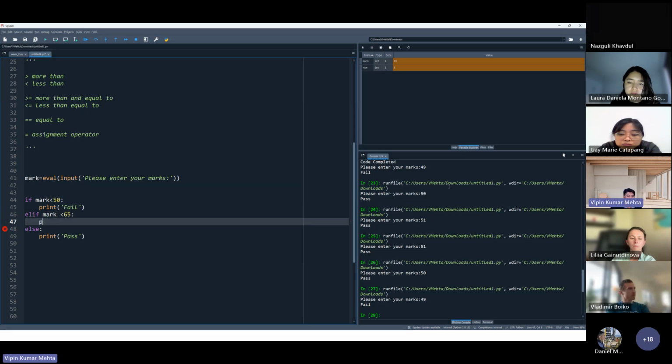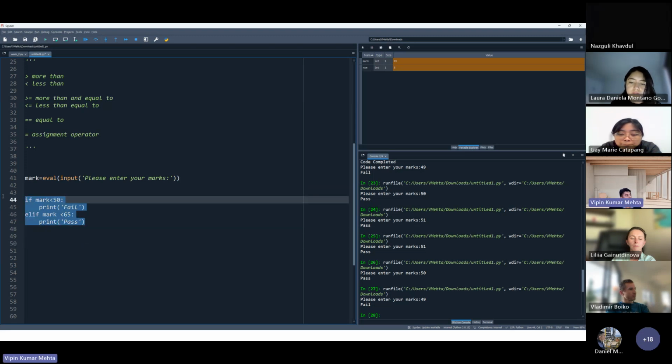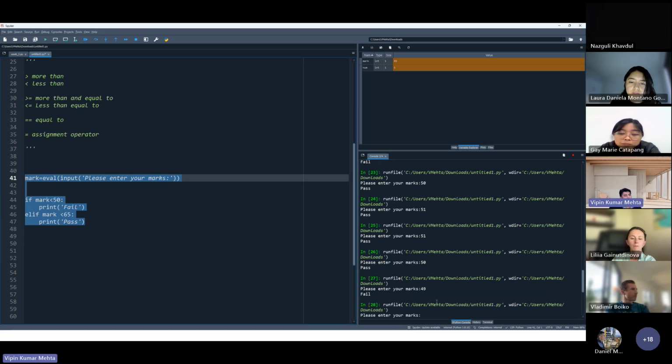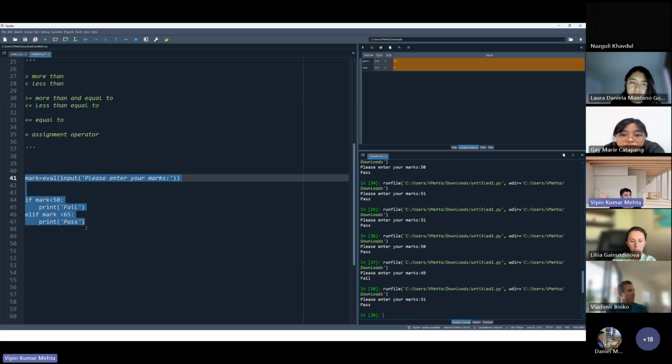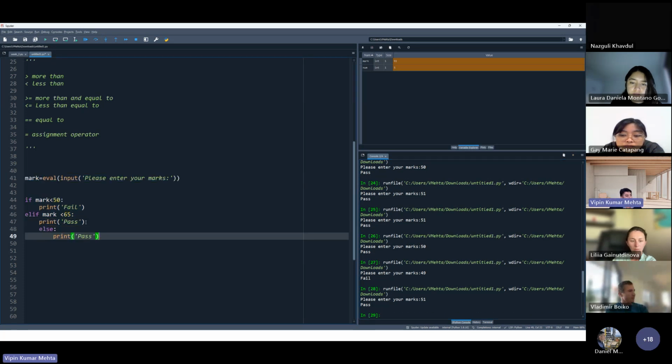Okay, I will write here print, he will be pass. Now what happened? Now when I run it, let me just remove this one first. When I run it, it will check 51. Is it less than 50? No. Is it less than 65? Yes, it's working. And I put all the remaining conditions inside